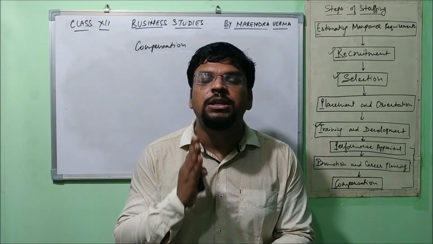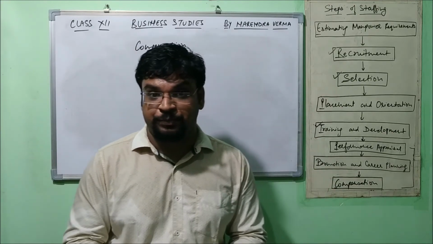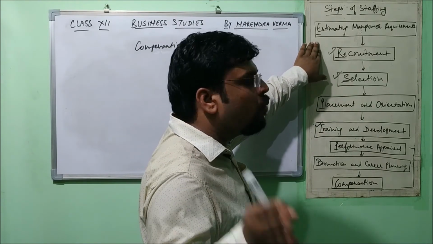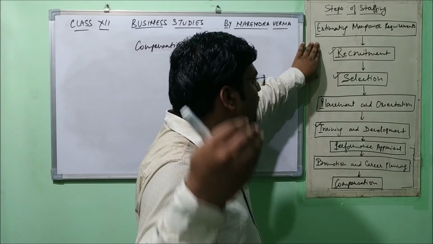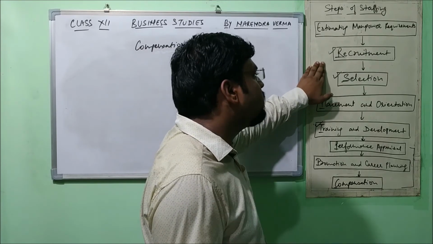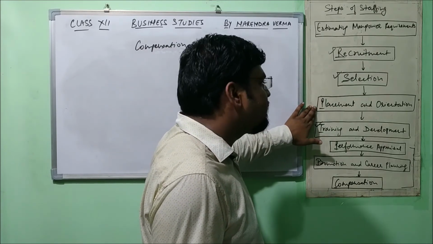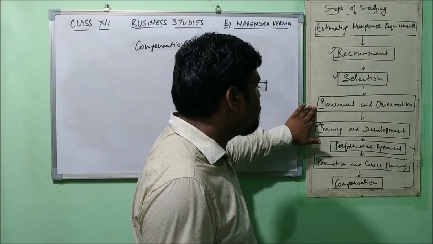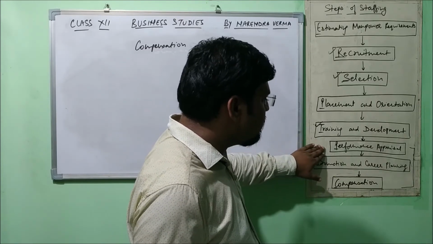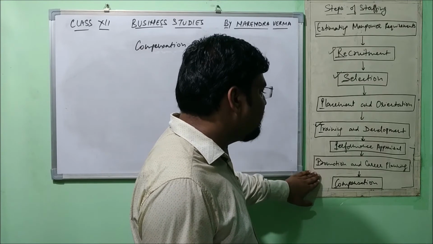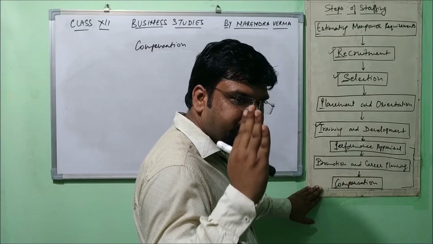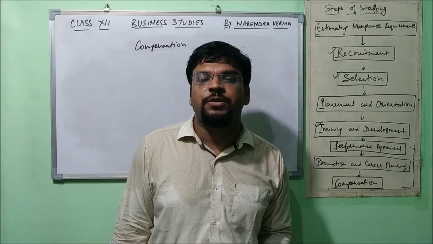So in this way, the process of staffing gets completed, right? The very first step, we started with estimating manpower requirement. We have to see how many and what kind of employees we have right now and what kind of employees we need to hire. So estimation has to be done. Thereafter, we go on to recruitment and then selection, and then selected candidates will be placed and orientation will go on, and then they will be provided training and development will go on for a longer period. Then their performance will be evaluated, and according to that they will be promoted, their career will be planned, and the compensation will be set. In that way the staffing process gets completed.